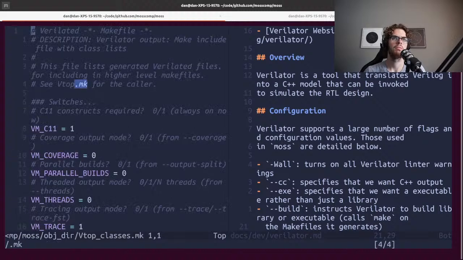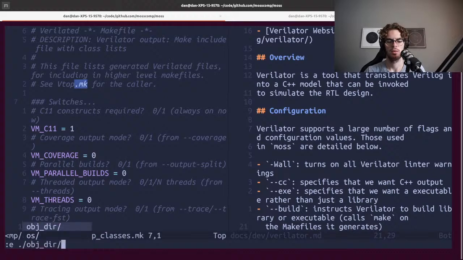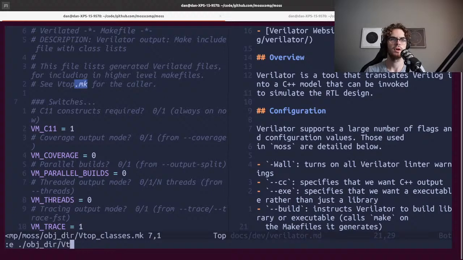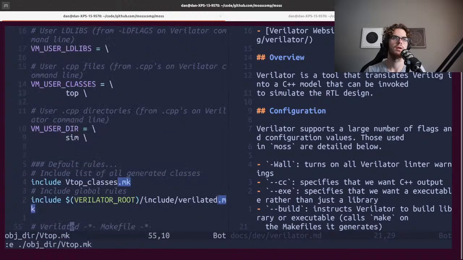Oh. vtop.mk, verilated makefile, include global rules. Okay, Verilator. Okay, so it has some here. So we could actually take a look at that, but we'll not do that right now. But basically, it's going to build our executables or objects. Also, shout out to whoever just joined the stream there. All right, so